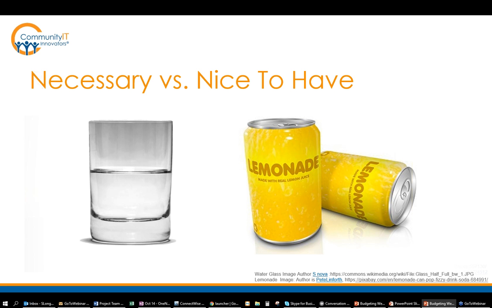So the idea here is that your different IT expenses can be categorized as being part of the running of the organization, which is your day-to-day operational costs. It's keeping the lights on. It does include replacing things that need to be replaced because they've gone through their life cycle. When a server gets to be 5 years old or a laptop gets to be 5 years old, you need to put a new laptop in, you do that. You're just keeping things going.